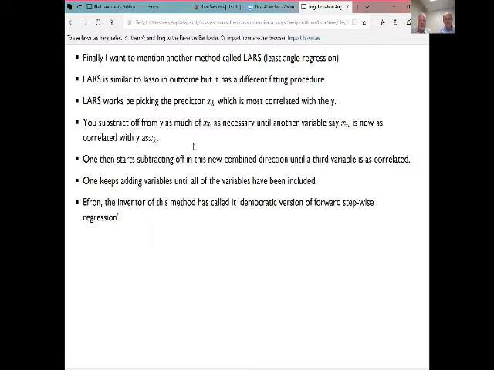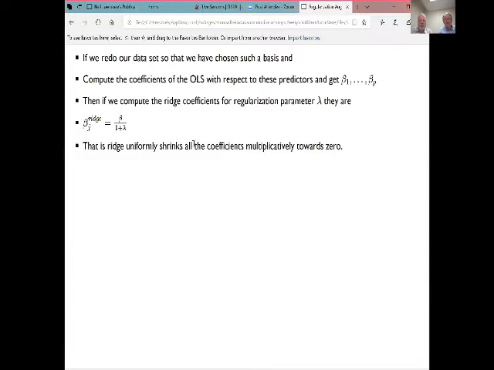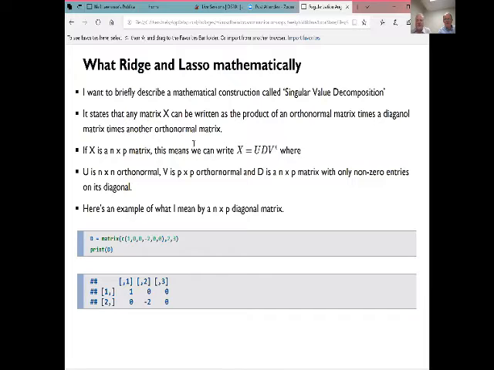In the interest of time, I'm going to skip LARS. LARS is least angle regression. It's a third technique. It has some interesting features, but I don't think it's been used that much. Let's see, more slides. Okay, so let me very briefly talk about PCA,